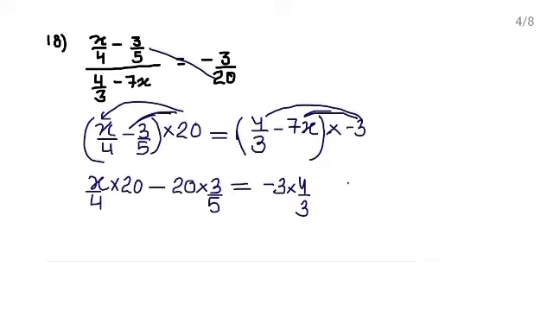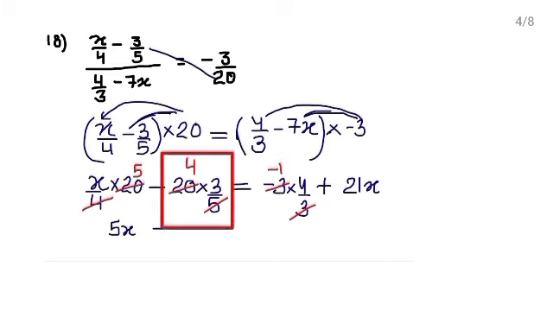So 3 7s are 21x and minus plus. Now this 4 and this 20 both are divisible by 4, so cut them. 4 1s are 4, 4 5s are 20, right? 5 4s are 20, 3 1s are 3 of minus sign. Now this part become 5 multiply x, so write here 5x minus this part becomes 4 multiply 3, 4 3s are 12 is equals to, this part becomes 4 1s are 4 of minus sign, so this is -4 plus